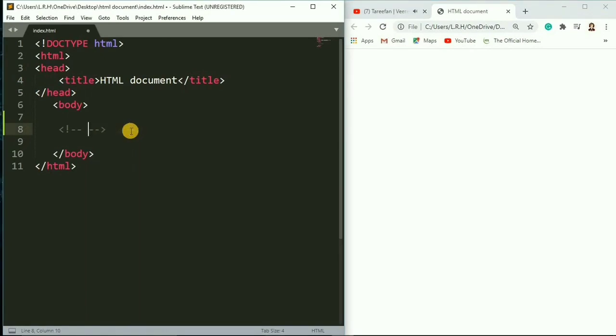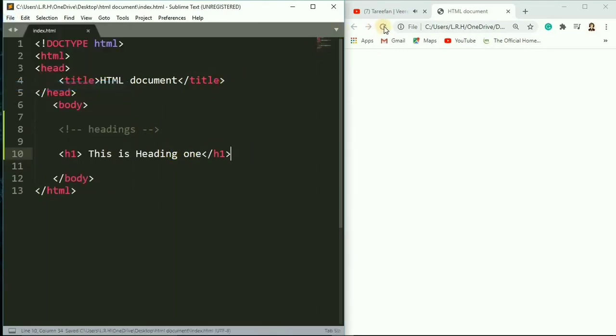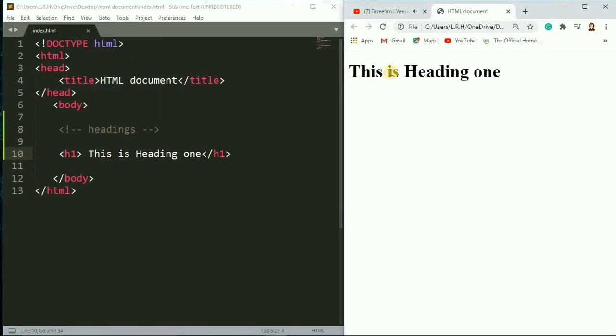Alright, let's make our comment heading. Now when it comes to headings, there are 6 different tags we can use. We have h1 to h6. So let's go ahead and put h1 in here, and I'm just going to say this is heading 1, save and reload. Now notice that it gives bigger text. The browser by default has some styling in it, and h1 is going to make the text bigger. It's also going to add some padding around the edge so that the next piece of content will be pushed down a little bit. So that's h1 and that's the biggest heading.